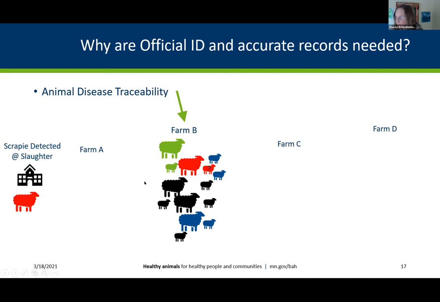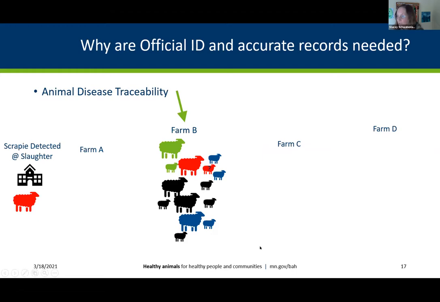So we're going to assume that this sheep lambed before she was sent to slaughter, and that all the other sheep on this property could have potentially been exposed to the infected placenta and fluids at the time of that lambing. So later on, we'll look at a good example of this green animal and the blue animal, and how we trace those forward.